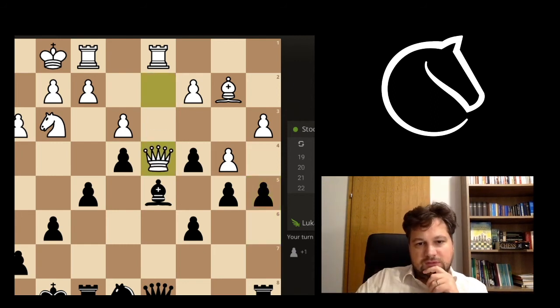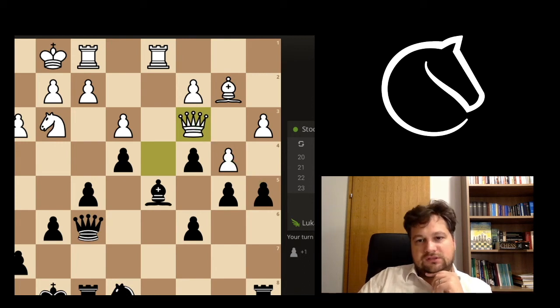Okay, so this is now, he's threatening mate in 1 here. I can just stop this by exchanging queens. Okay, now he's threatening this, because now this pawn is attacked twice. So I can just take it. If he takes...